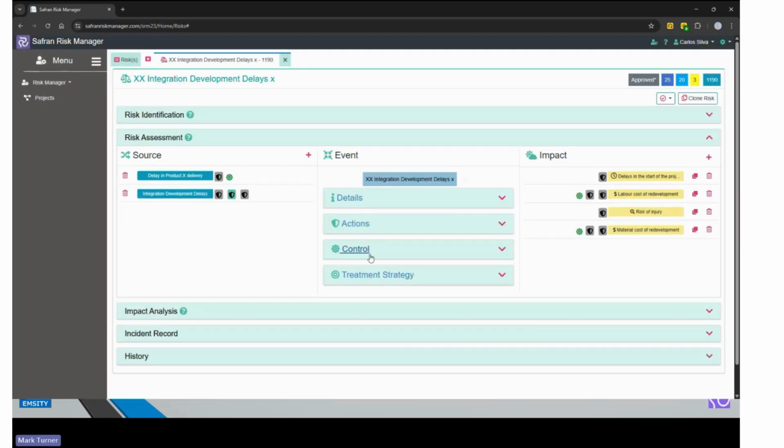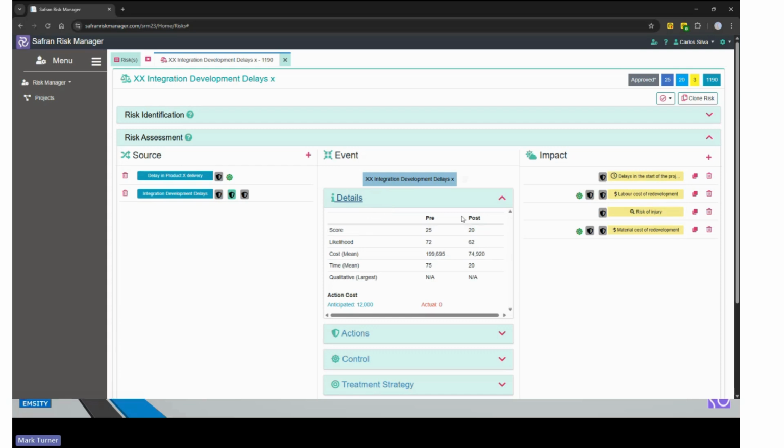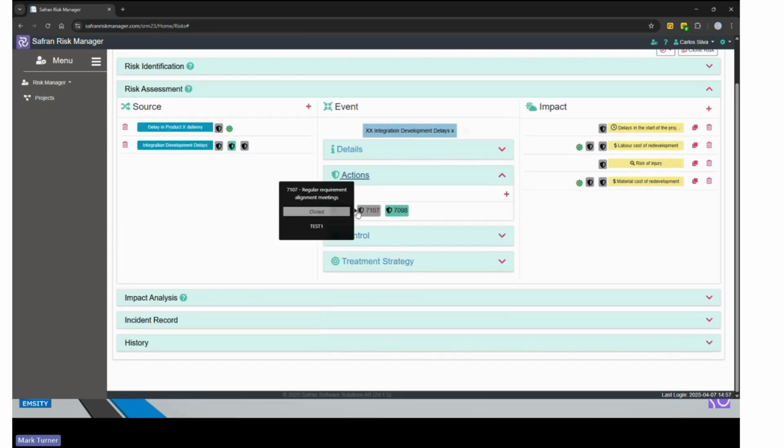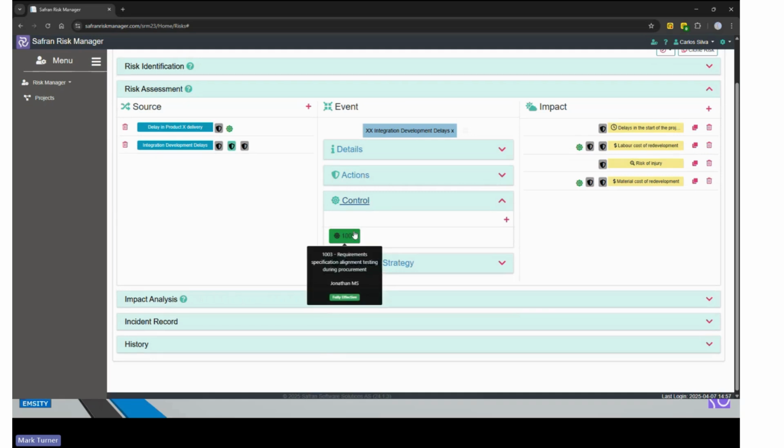Okay, so we've looked at the assessment. If we want to do so, we can also see that information summarized, so we can see what our total scores are. By changing the likelihoods and changing the impacts, we also change the score against which the risk has been evaluated. We can also see what the individual actions are. We also can see what our controls are too.